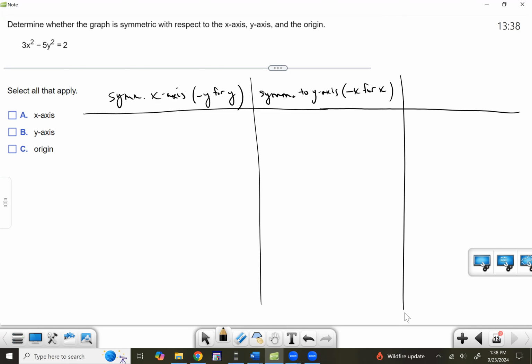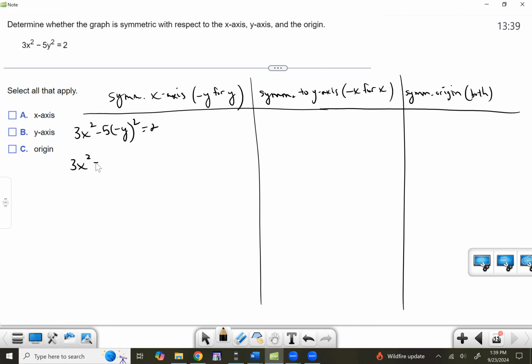And then for symmetry to the origin, you want to substitute both: negative x for x's and negative y's for y's. So let's see this in action, okay? I'm going to go ahead and substitute a negative y for the y in the original equation. All right, and I'm going to do all the math I can to try to make this look like the